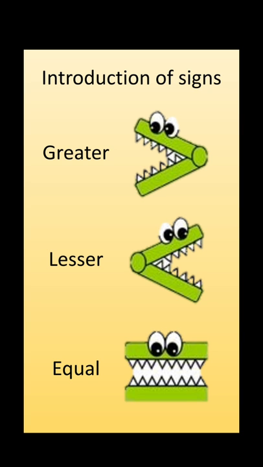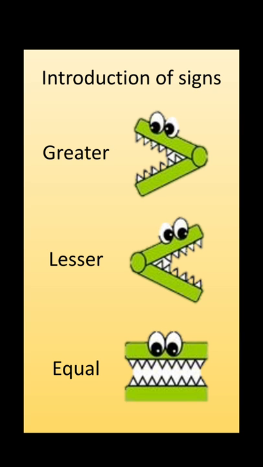Okay, earlier 3, as we are having different fruits, now let me give you one example. Like I am having 5 apples in my one hand and 3 bananas in my other hand, and we have to compare it, which one is greater and which is lesser in quantity. So how can we compare these things? For this we can use a symbol, we can use the sign, and I will tell you how can we use this sign.